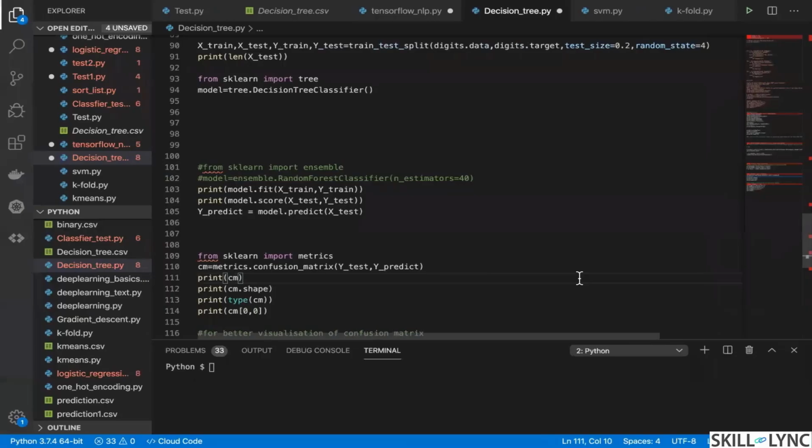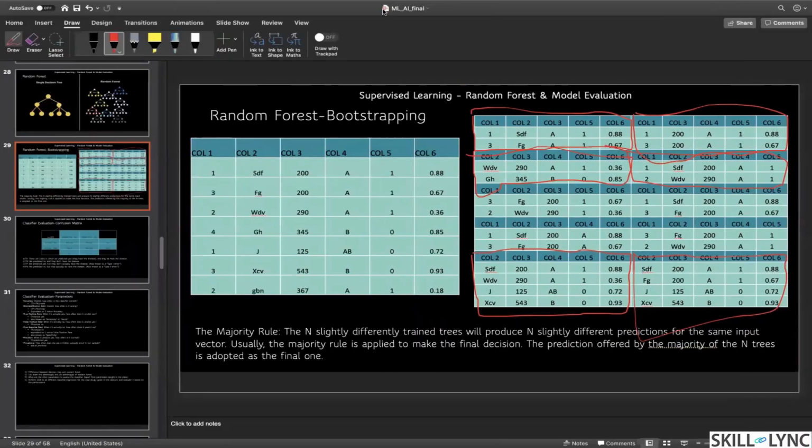So there might be an impact of duplicate samples, but in general, random forest tries to avoid that. But if you keep on increasing the number of samples, then it has to take the duplicate sample, right? It has to take, it can't do anything. So in that case, when your data set is very small like this, and if you go ahead and take 100 samples, then there might be a chance you might encounter a duplicate sample.